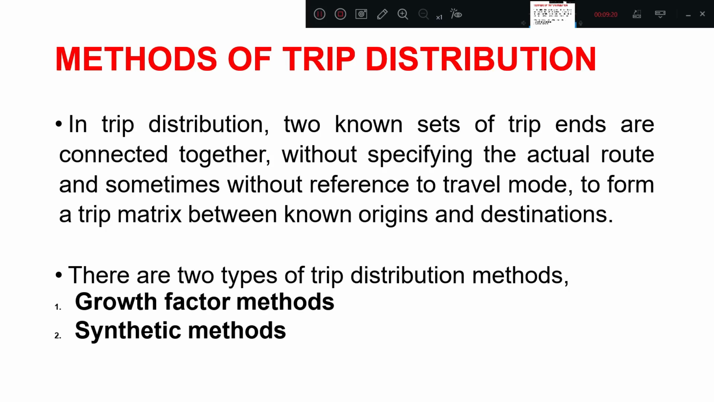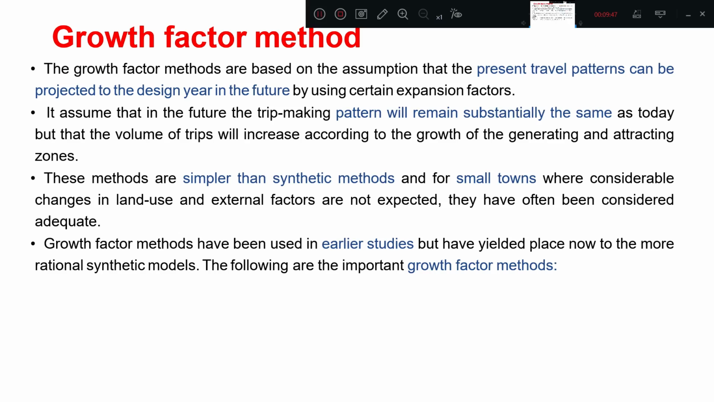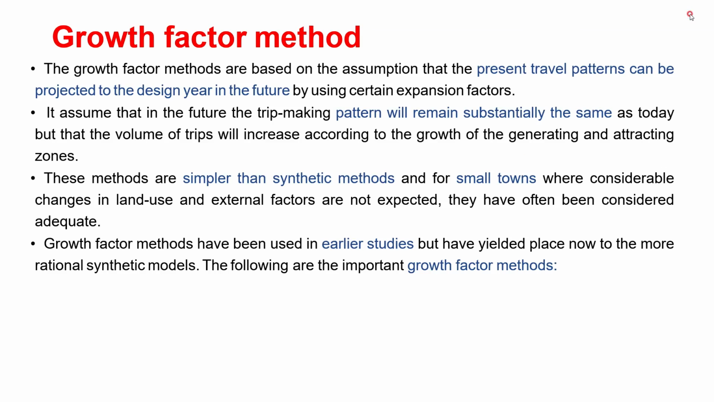So here, to calculate this trip distribution, two types of trip distribution methods are there. That is the growth factor method, and the second one is the synthetic method, right? So these are the two very important trip distribution methods. So this growth factor method